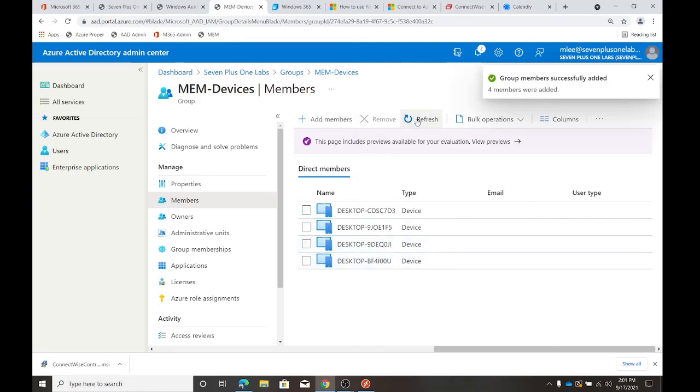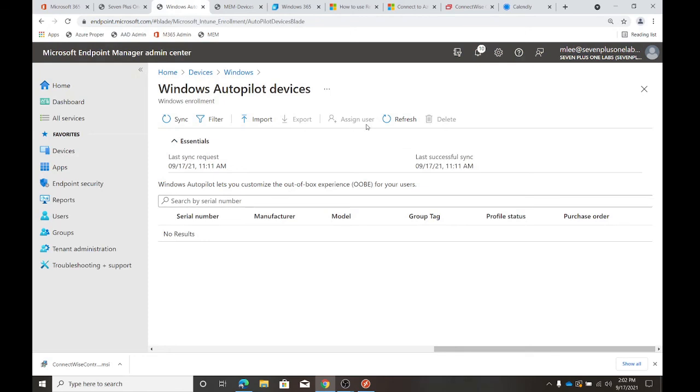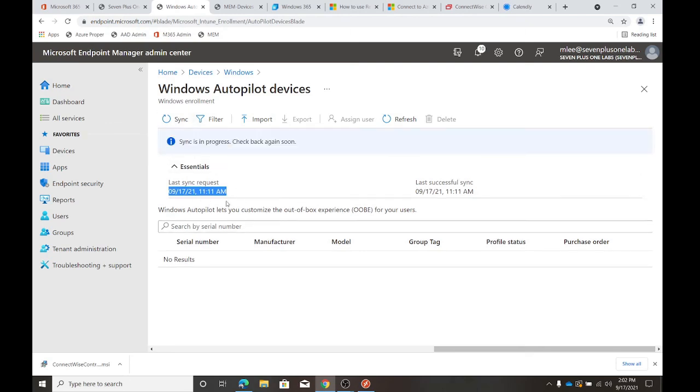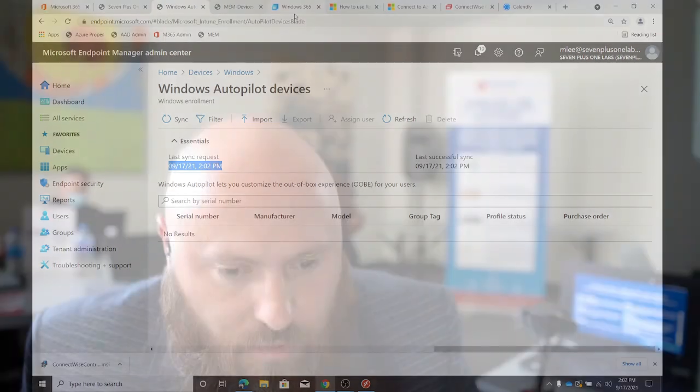There's an Azure delay, but this will start converting these devices and determining whether they have a TPM 1.0 or a TPM 2.0, and it'll show that when we get back to the Autopilot database in a minute. So we should start seeing devices get converted over. You can sync. You'll notice the last sync request is 9:17, which is indicative of this being another, separate database. So we're going to sync and ask it to sync those devices I just put in that group, and hopefully we'll get some device data here. So let's shift back to our laptop that's